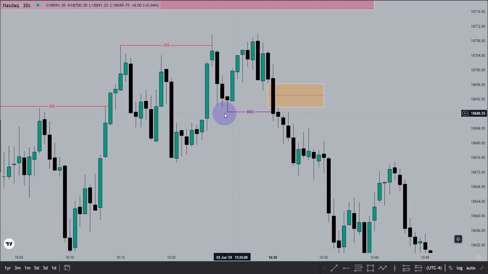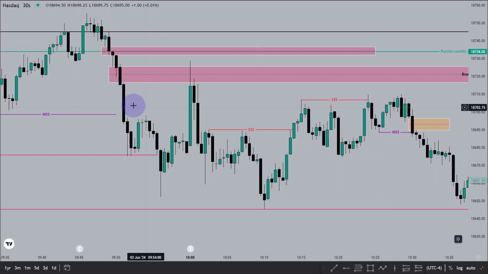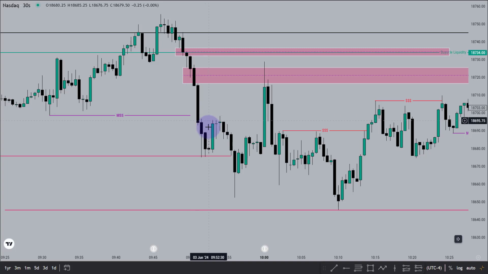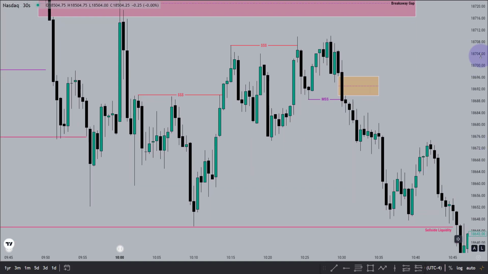Sometimes you will see, after the market structure shift, I am already in the market, and if the market reaches the fair value gap one more time, I add one more. How do I do that? When the real setup happened before, then the market went higher and made another setup. In this type of situation, 90%